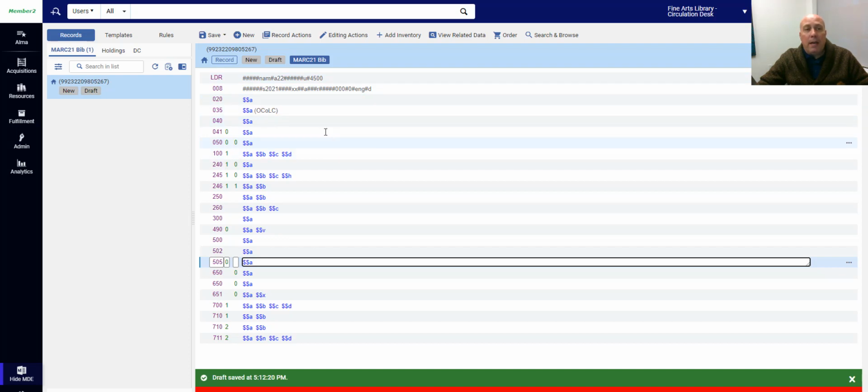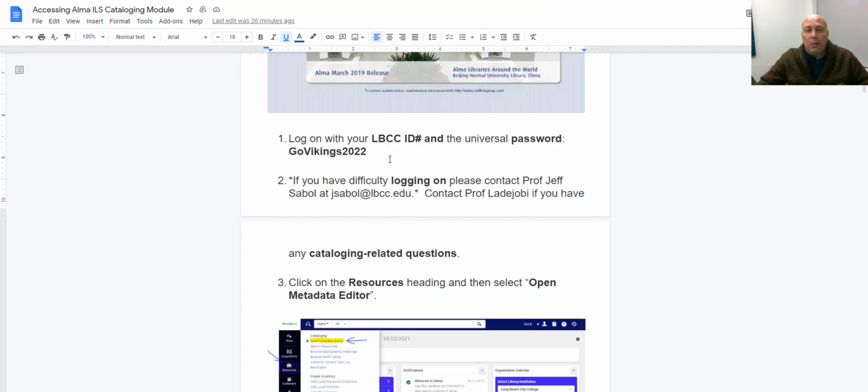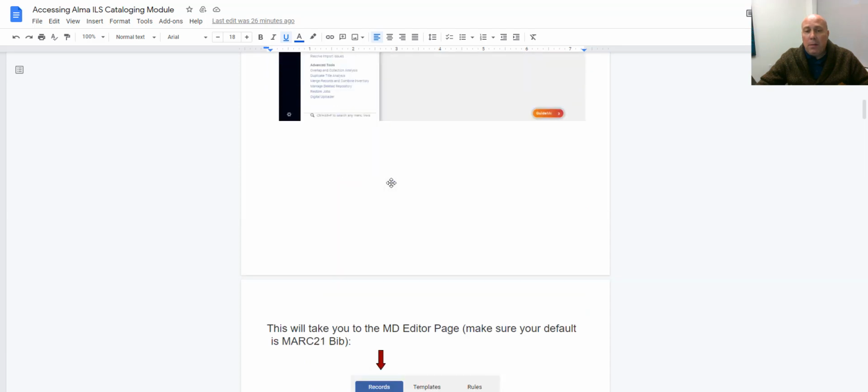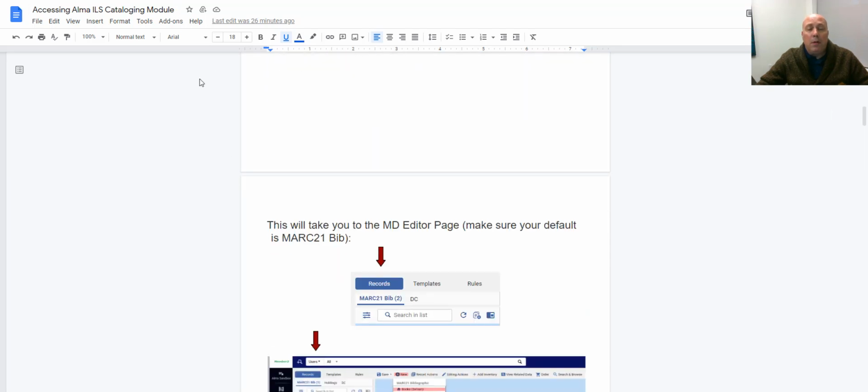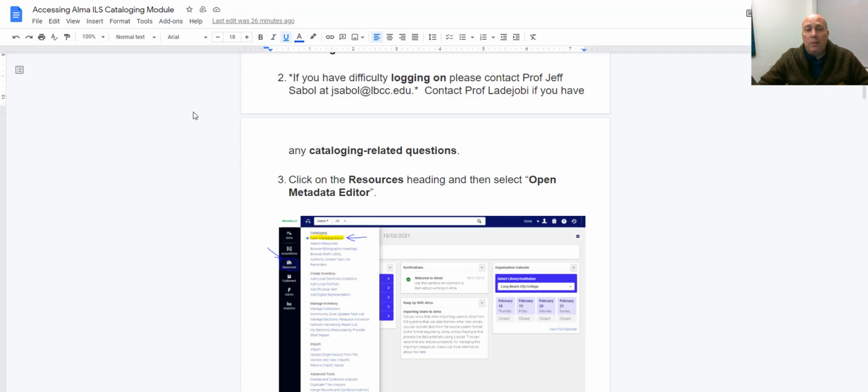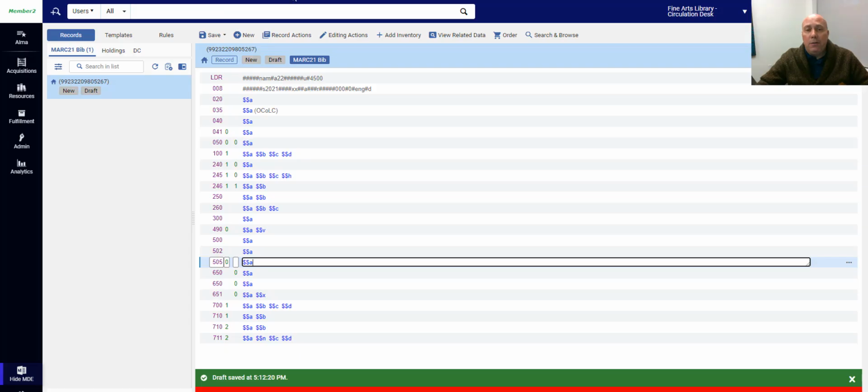The next step is, after you have filled out all these fields, and if you have any cataloging questions, you would email your professor. If you have any problems logging on or something's acting weird in the system, you can always email me. And in that document that's going to be linked for your assignment, it's all going to be right in here. So this document is going to tell you step by step too. So if you prefer a handout with pictures as opposed to this video tutorial, go ahead and use that.